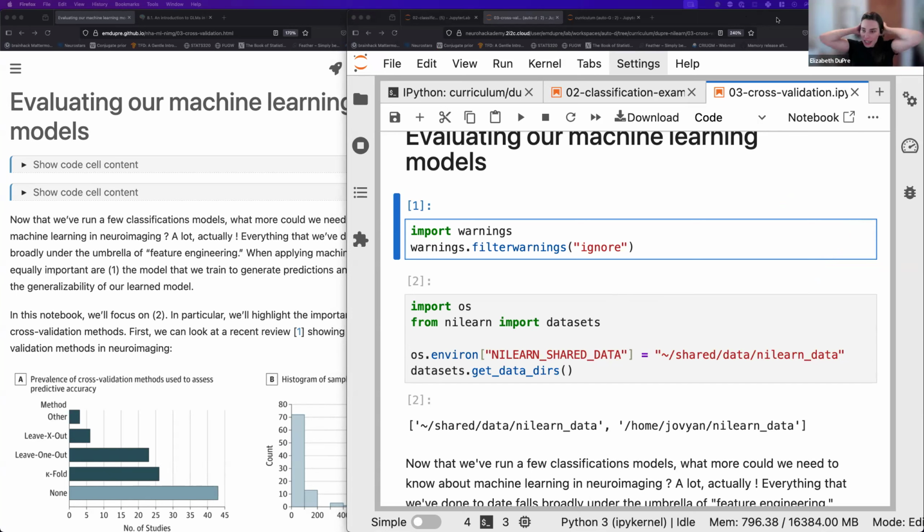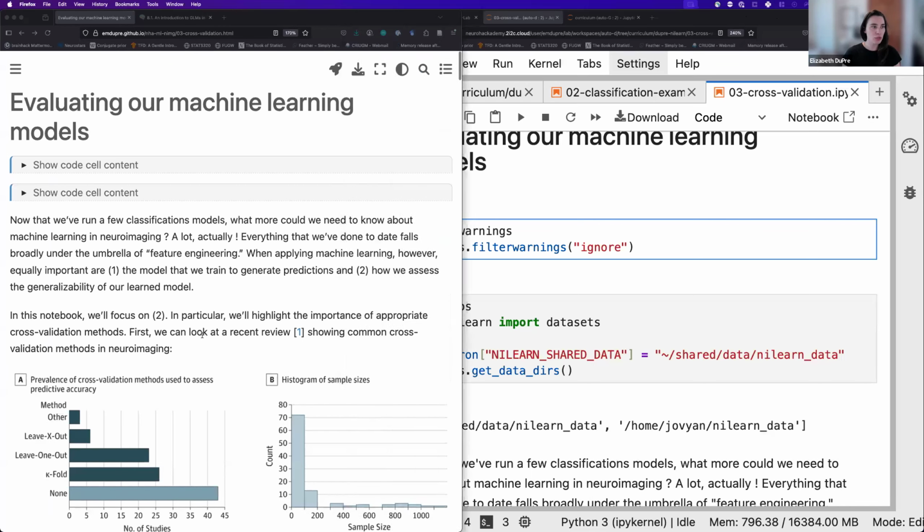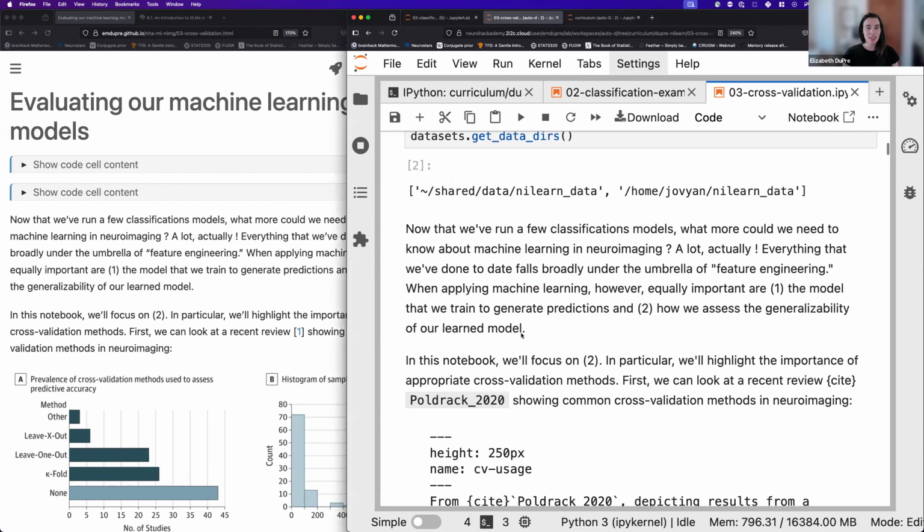All right, so we've done classification with a really small example, but I think this is one of those things where as we start to think about machine learning models, we often have more questions than answers, right? We have this particular model that we've just run and we're like, this is great, I think, it's better than chance, but it's just one sample of 30 participants. How robust is this classification really? What have I really learned, right? And so,